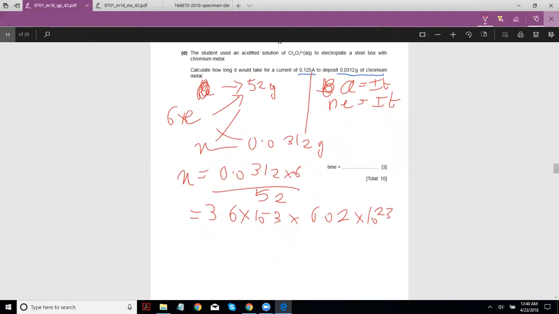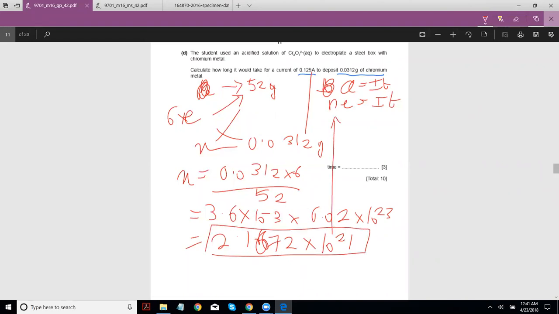Which gives us 2.1672 into 10 to the power 21. These are the number of electrons, and now you plug it into the formula, multiplying by 1.6 into 10 to the minus 19 divided by I, which is